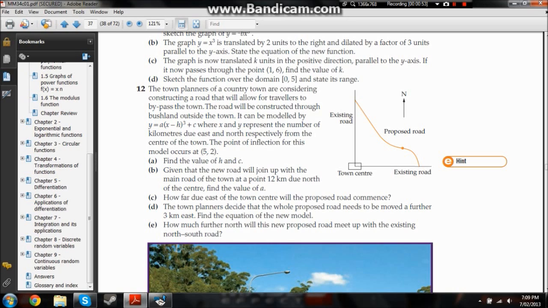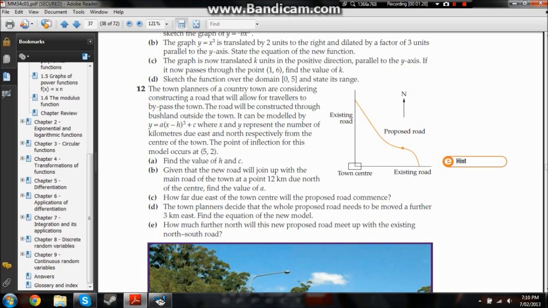So we can see from the diagram on the side here, it's a cubic, because it's power of 3. The middle point here is the point of inflection. We do know the coordinates of that, 5 and 2, and from that we can easily find the answer to question A, find the value of h and c, because you'll know from the previous work in this chapter that 5 goes in here where the h is. If it was a negative 5, then that will become x plus 5, but because it's x take 5, it moves it to the right 5 units, and plus c, you put the 2 in there, so h is 5,